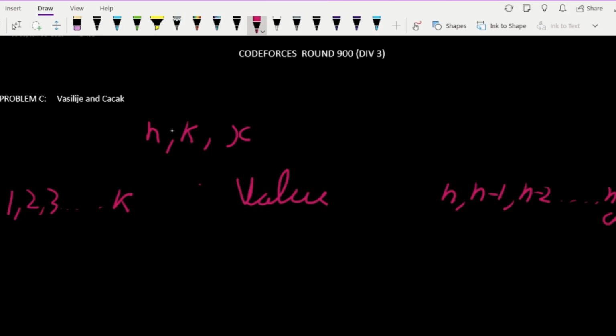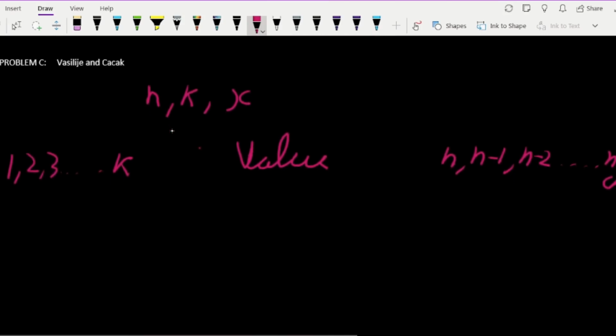Since we have to choose only k distinct integers, we cannot choose the same number. That's why I've chosen different numbers. So if I try to find the sum of this, the sum from 1 to k is k times (k plus 1) by 2, since this is an arithmetic series with 1 as a common difference, and the sum of the first k natural numbers is k into (k plus 1) by 2, and here the number will be k times n